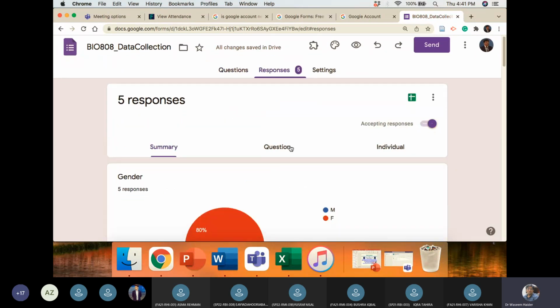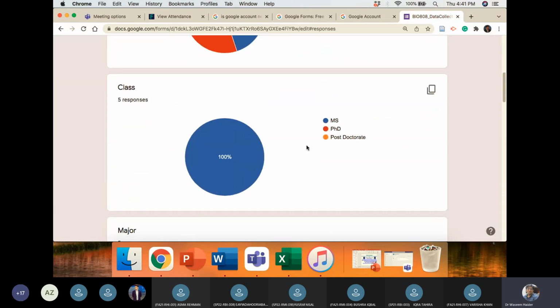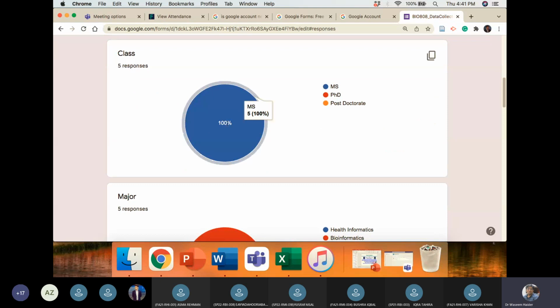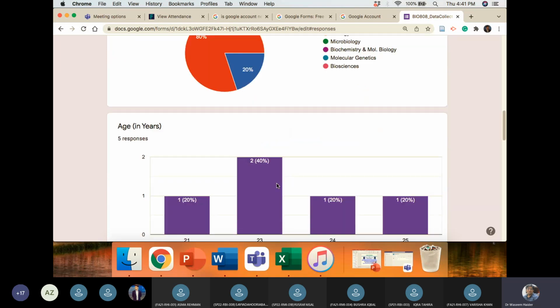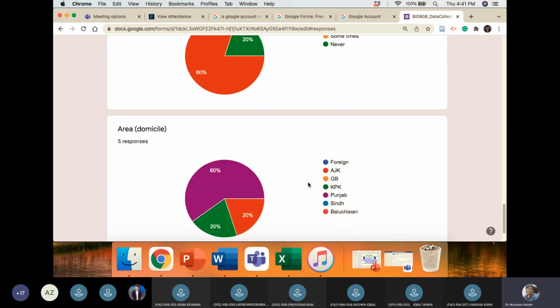I can see the responses since I created it, and it will give me some summary. So far, most of you who have filled it up are MS students. Let's wait for the others. 80% of the people, 4 of them from bioinformatics, 1 from health informatics, have filled it up. Why don't you fill it up